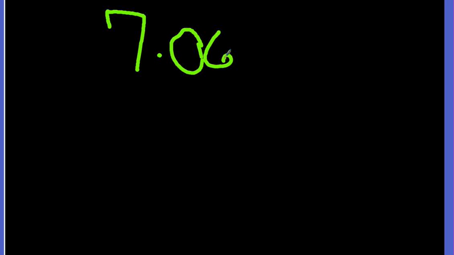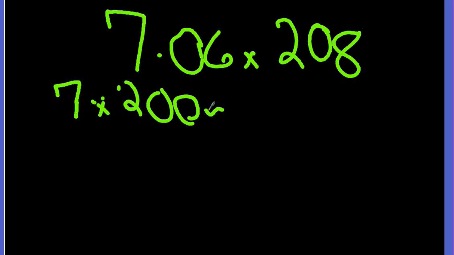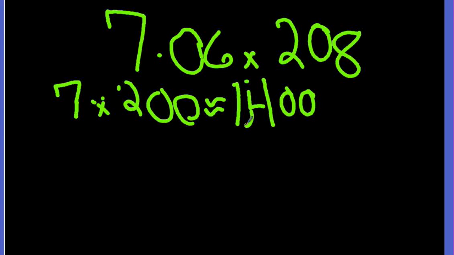Our question was 7 and 600 times 208. So our rounded number for that is going to be 7, and that's going to be 200, and then our answer is 7 times 2 is 14, plus your 2 zeros, so it's 1,400, and then your standard algorithm is